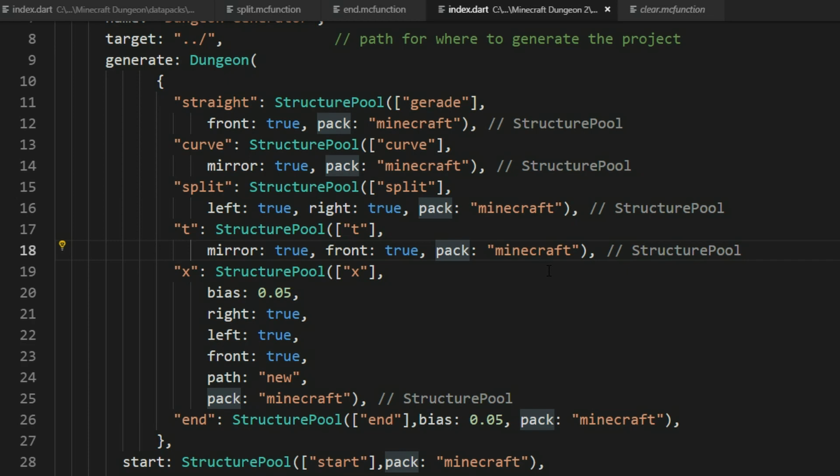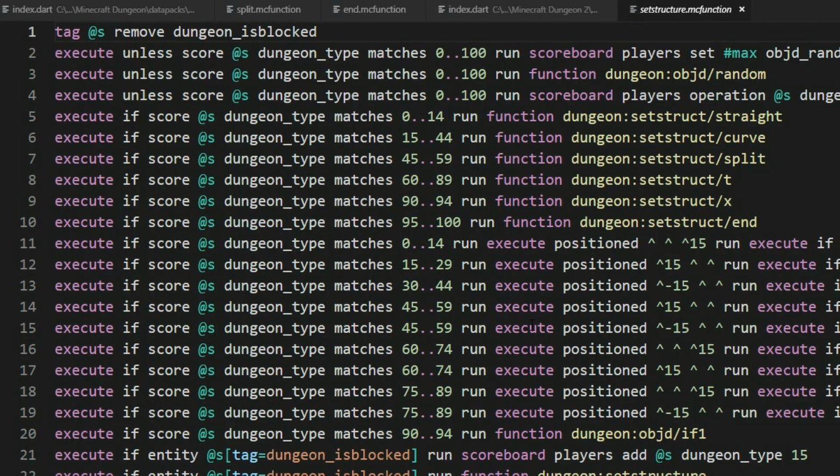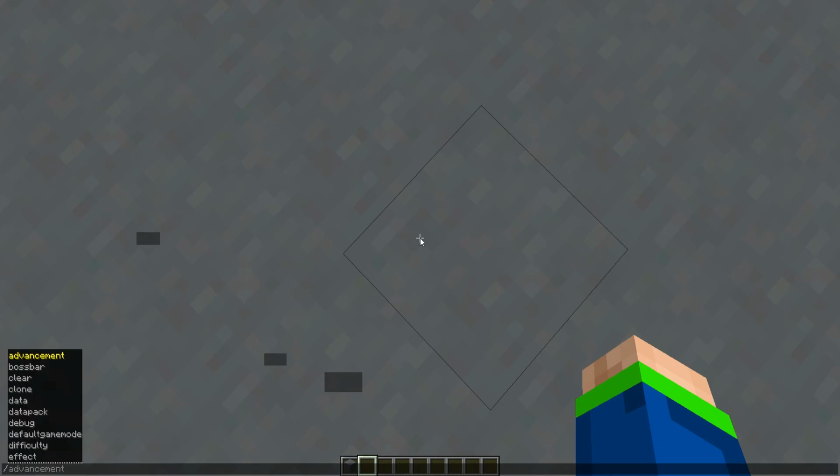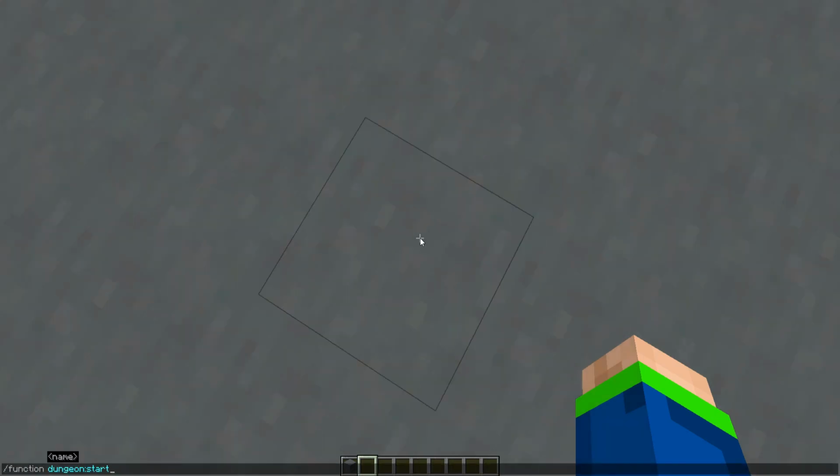So if we generate that and take a look at the set structure function, we can see the ranges here from the percentage, and the last here have just 5% and every other has 15% chance to activate it. So let's reload and start it again,